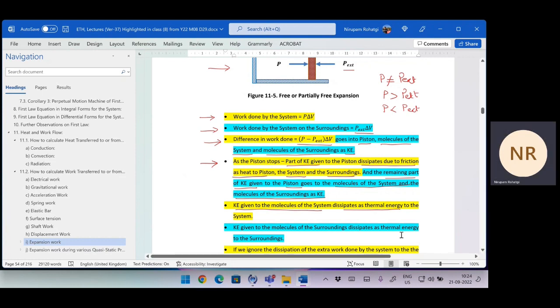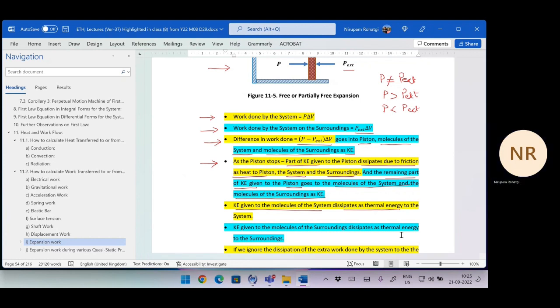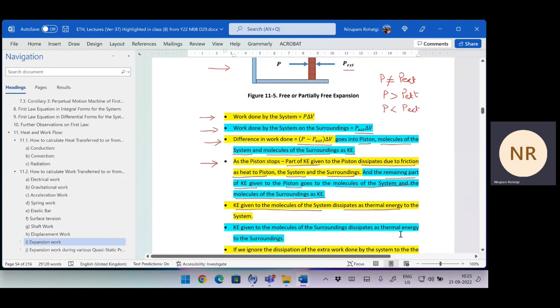So finally what has happened? All the extra work which you have done has converted to heat. The kinetic energy of molecules got converted to thermal energy from both sides, and the kinetic energy of the piston got converted to heat due to friction. Okay, so all this will happen, but